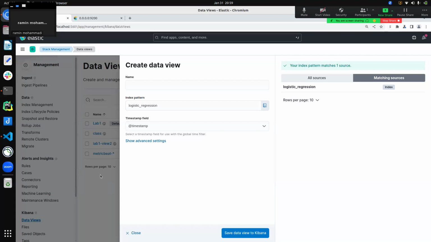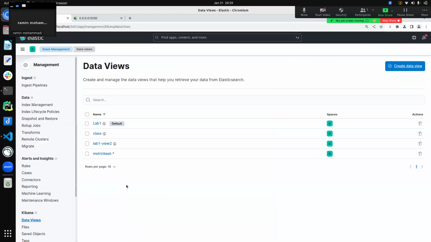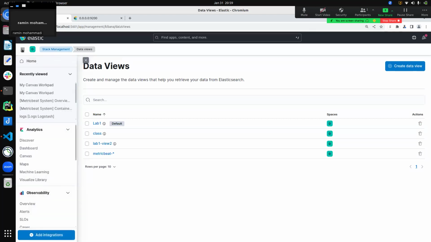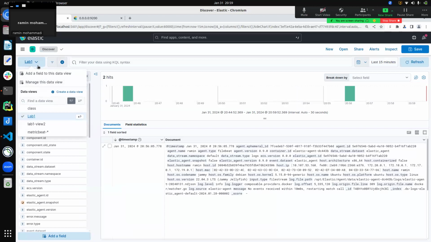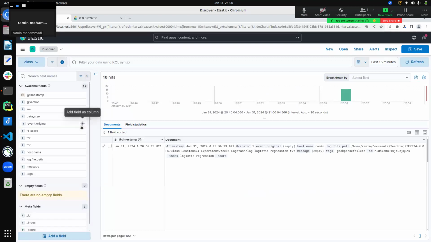As soon as you do that, because I already have it, I'm not going to repeat that. You have basically one of these. I don't know which one. So now, in order to see this, you go left, you go to discover. Okay, so you go to discover. Now, when you go to discover, if I click on the left bar, you see all the data views that you created. So if you click on a data view, for example,